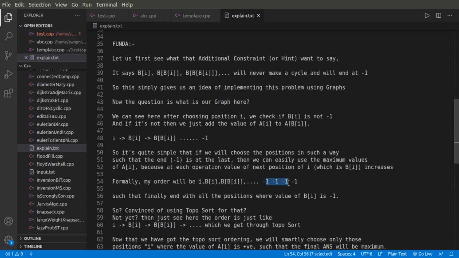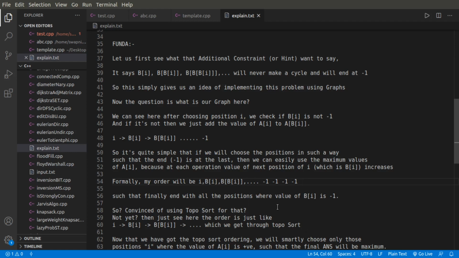Because these values will never help me get some potential contribution to this value ans, and it will not move to some other potential node, or basically some other choice.